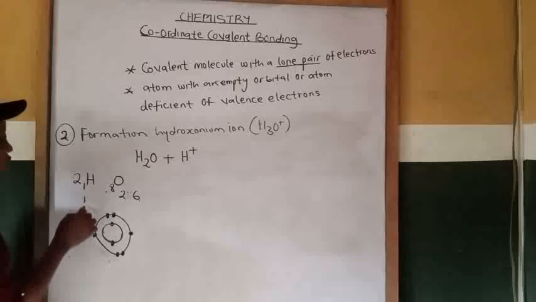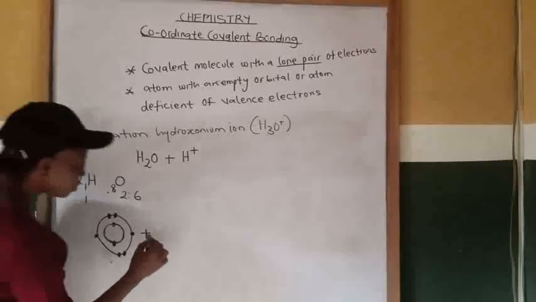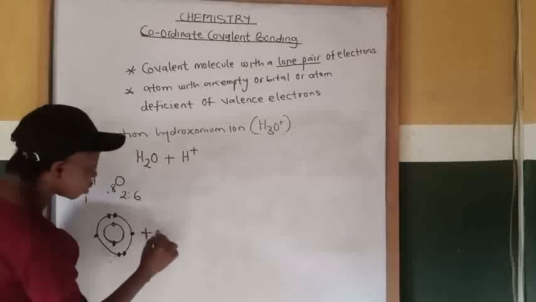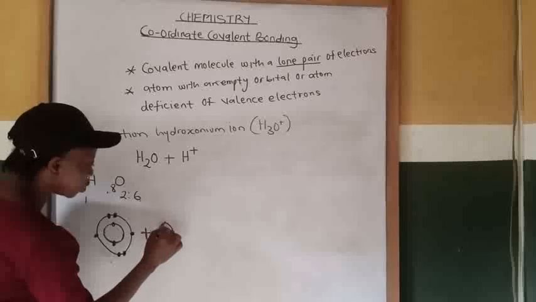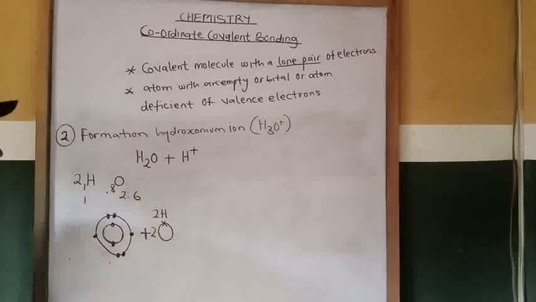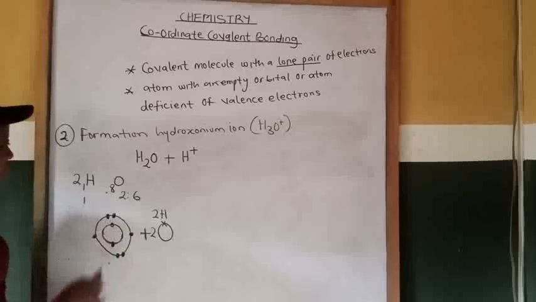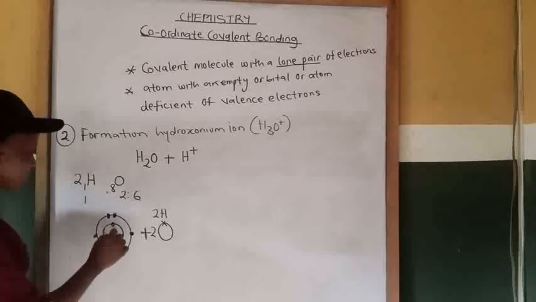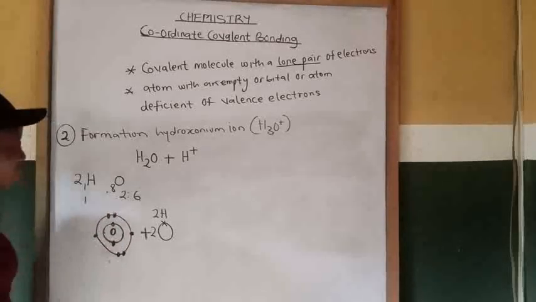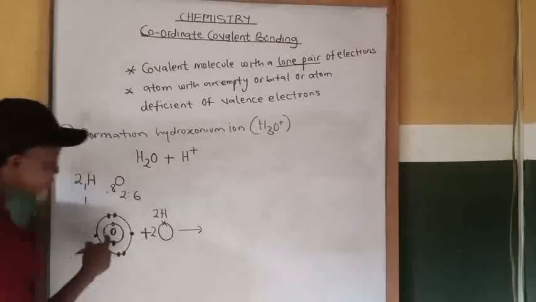So we have the structure of hydrogen plus the structure of hydrogen, each with only 1 electron. So we have 2 hydrogen atoms, and we attach them with oxygen. So they will attach with oxygen, and our product will now be